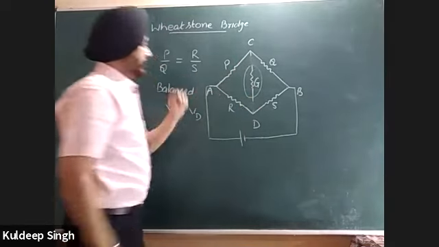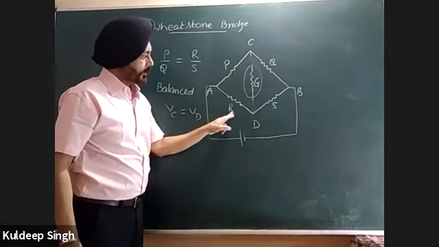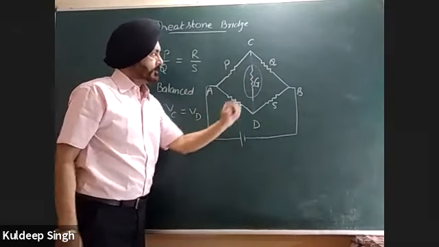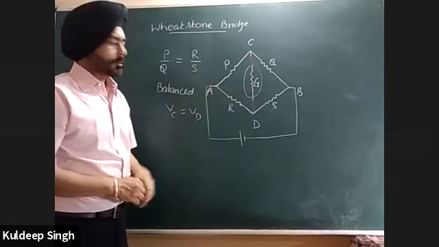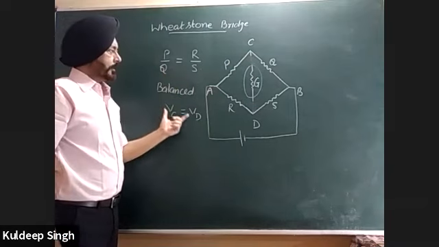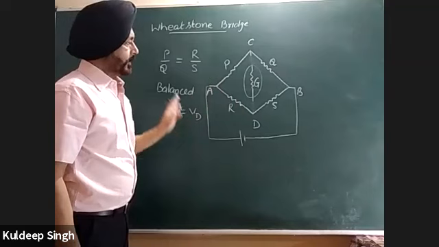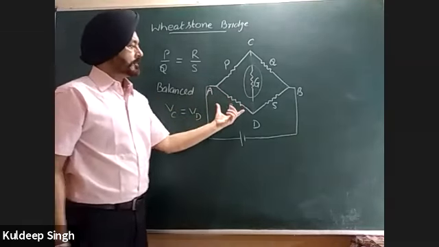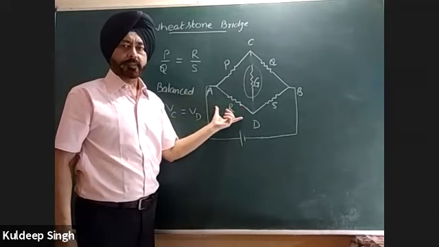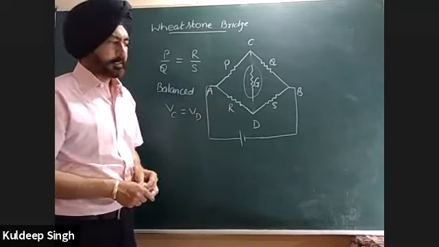So now it is very simple. P and Q are in series, R and S are in series, and their combination is in parallel. So therefore, when this condition is satisfied, this complicated circuit becomes very easy to solve. And there are many forms of this Wheatstone bridge. In exam, sometimes the examiner gives you different kinds of circuits.